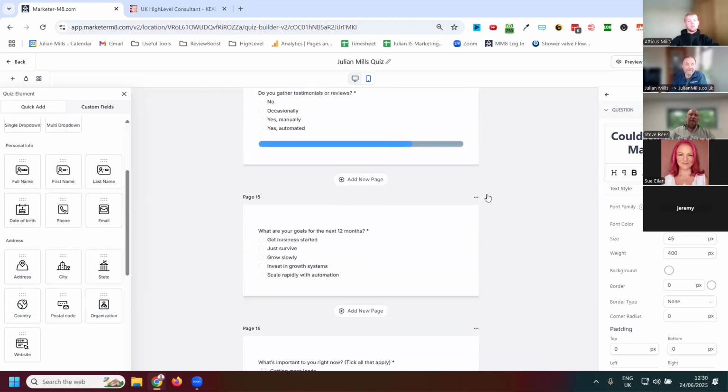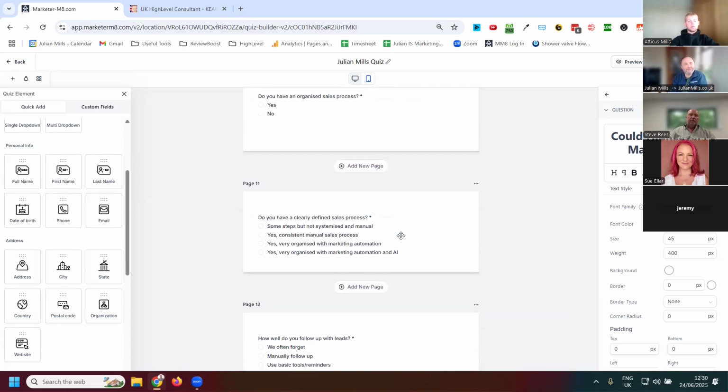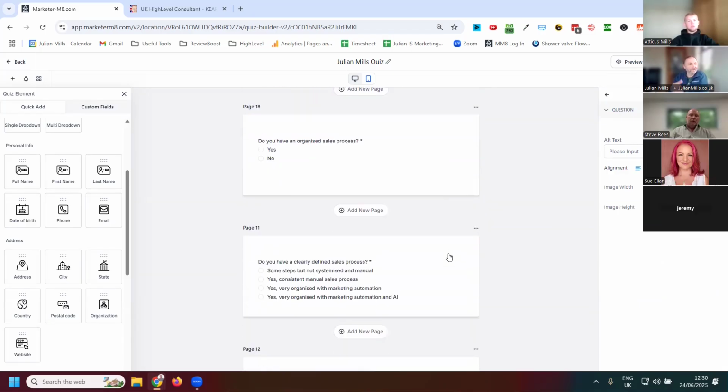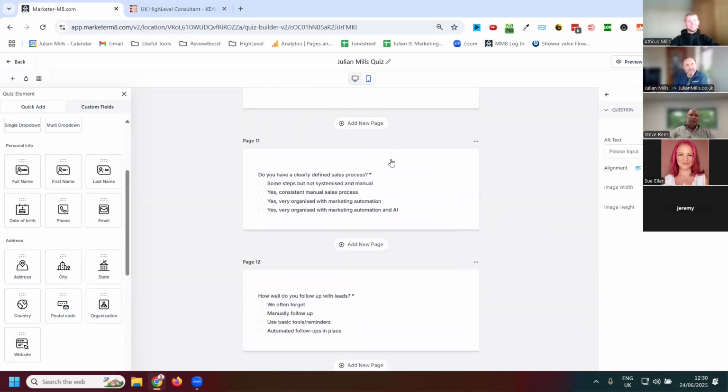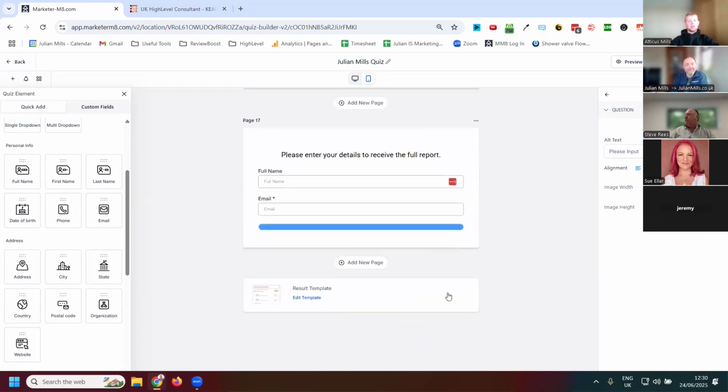And there's no progress bar in the system either. So what I did is I created a series of images. You see them here. It looks like a progress bar. So you might want to create an image like that, or you could put at the bottom page 1 of 3, 2 of 3, 3 of 3, to give people an idea of how they're progressing through. I know it's not going to go on forever. So you set up all your questions there, and you come to the end here,